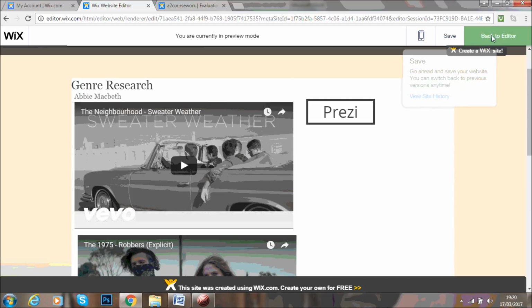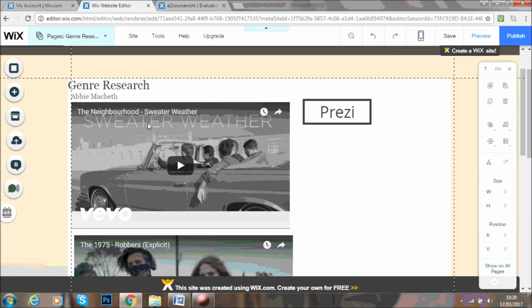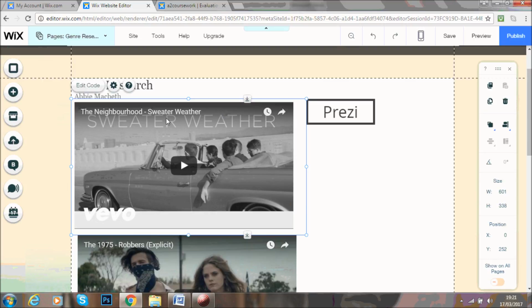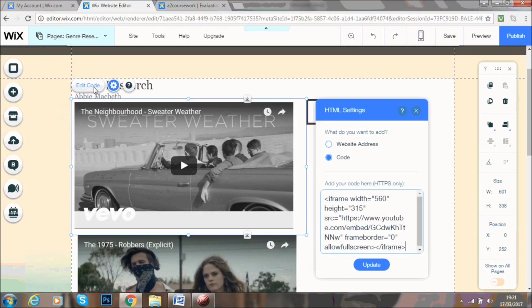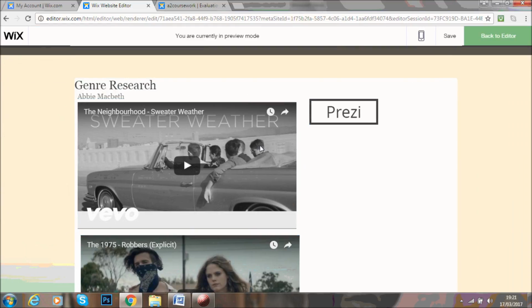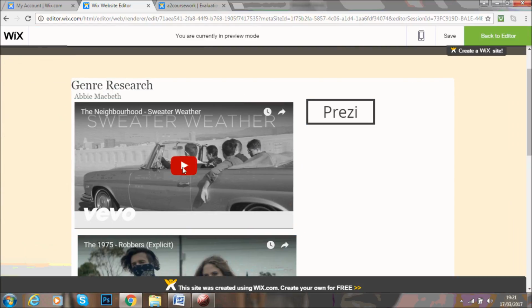So if you go back to editor, you can see there's a HTML code which has been used to make this, and basically all you do is go onto YouTube, take the code and paste it in here to update it, and then the video comes up on the screen, which is really useful because when the page is previewed and published, you can actually click on each video and